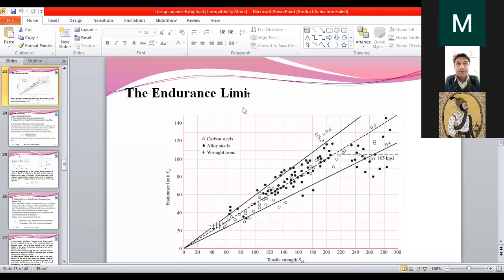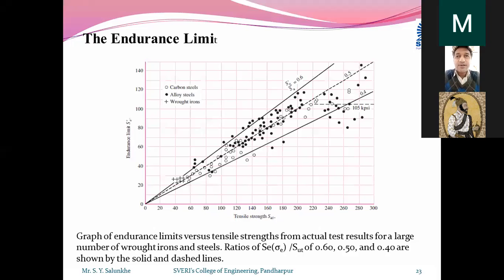Last lecture we have seen the endurance limit, and also what the SN curve is. Related to that, we have seen how we are going to draw the SN curve for a given material, then what the standard specimen is, and how we are going to conduct the test with the standard specimen. These are the points where the failure of the standard specimen has taken place under the application of completely reversed stress.